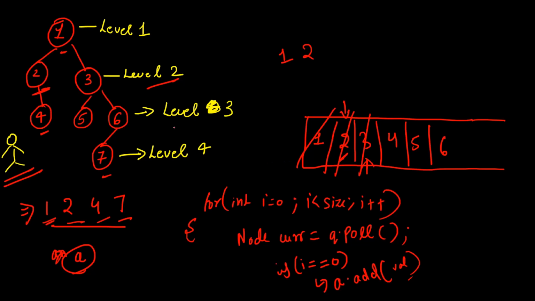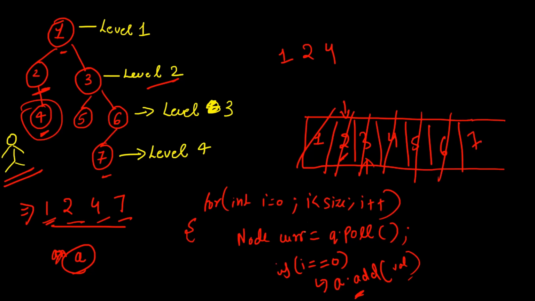Now we have level 3. So in level 3, which one is the first node? This one. Okay, this is the first node. So this part will be true, right? So 4 will be there, and the remaining ones will just be removed. As in the case of this node, there's no left and right child, so nothing will be added. Let's remove it. For 5 as well, there's no left and right child. For 6, there is a left child but no right child. So let's add 7 here.